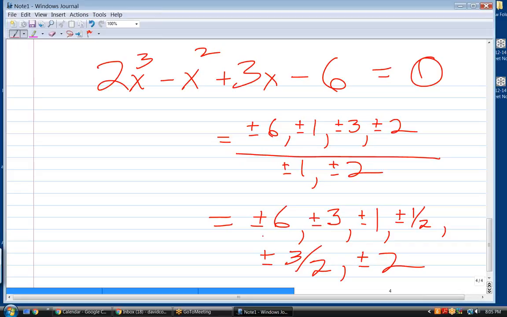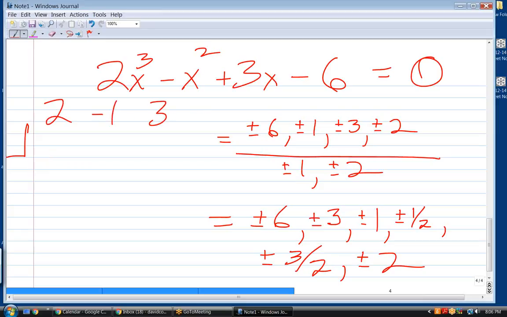The advantage of doing that, as opposed to plugging it in: let's say I plug it in until I find one that makes this equation correct. Now I've found my solution, but I don't know what the remaining quadratic is. Well, if I use synthetic division instead,